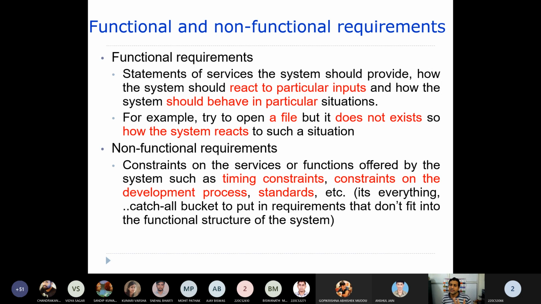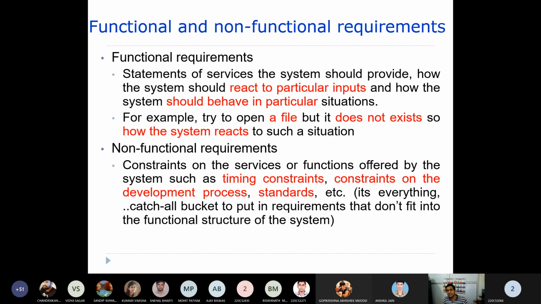Not only should it give you the output, but it should also react to the situation where the file doesn't exist. If the file exists, then usually it will open up the file and give it to you through a viewer, right? If the file does not exist, then in that case also it should say something.